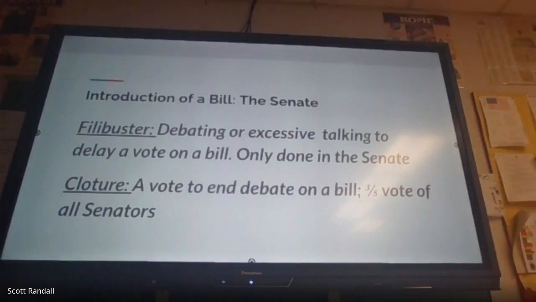So this is excessive talking to delay a vote. All right, it's only done in the Senate. All right, so you've had people in the past. The longest